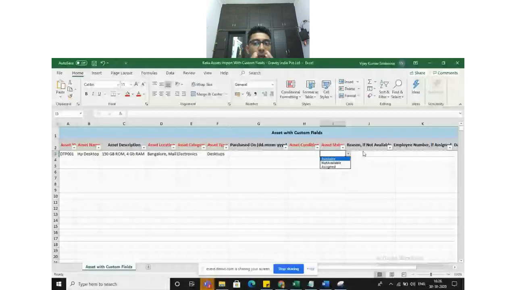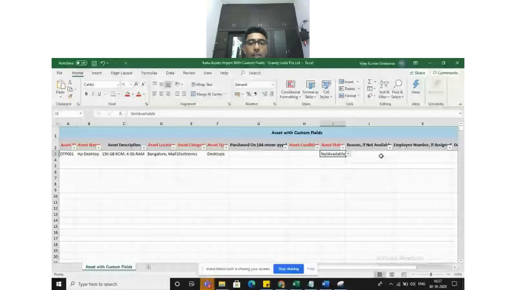Always remember, we will be able to assign a particular asset to any employee only if it is in available condition. If it is not available, it means that it is either damaged, lost, under repair, or in some other condition. As I told you in the beginning, the asset will be in non-available condition.